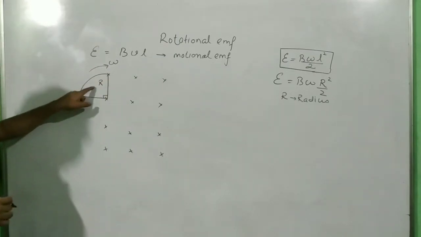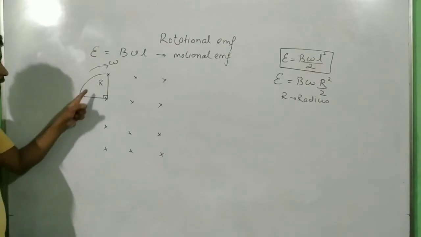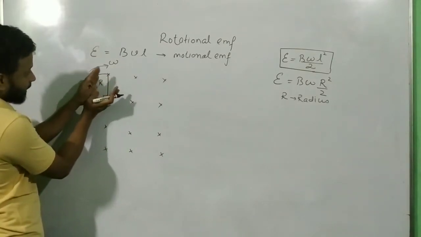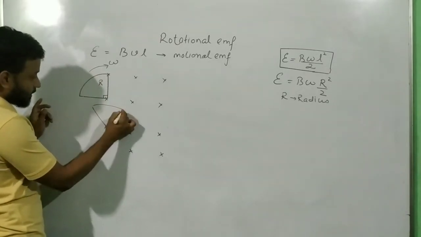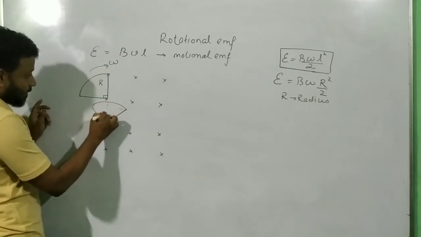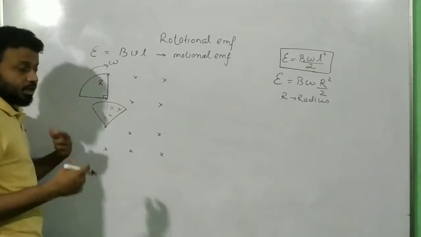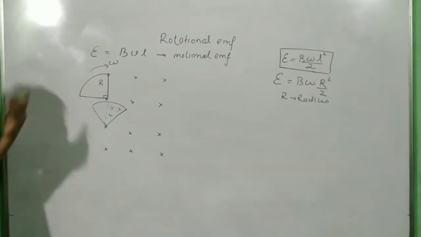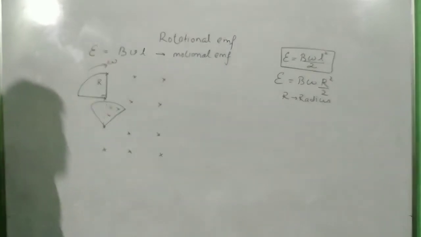Now remember, what is the flux through this quadrant? We call that quarter of a loop a quadrant. There is no flux passing through it. As it starts entering into the field, I will show one of the situations. Just imagine this diagram. This was the boundary, and this much part has gone inside. Isn't the flux changing? Of course, flux is changing. And won't there be any induced EMF? Yes, there will be some induced EMF.